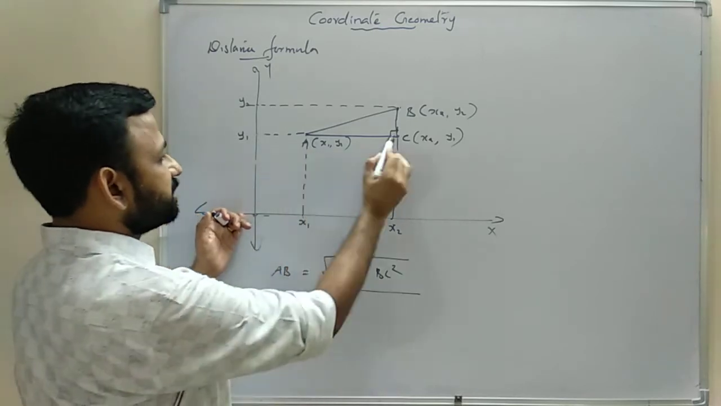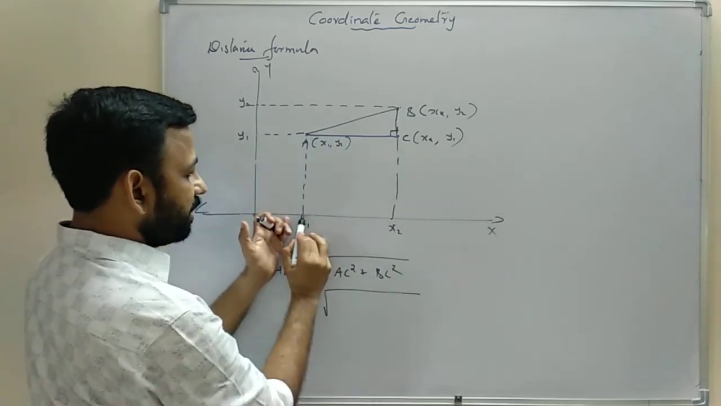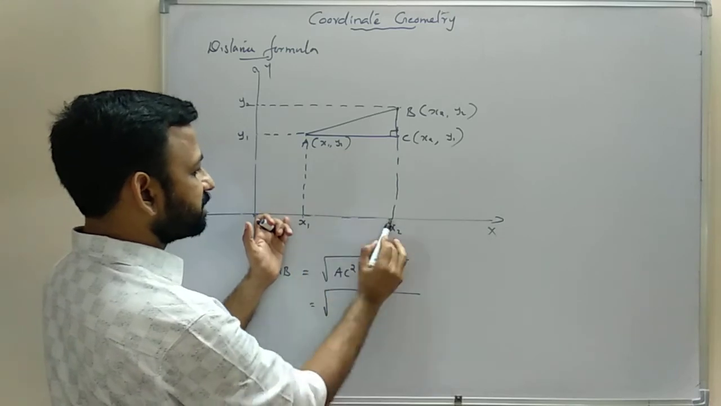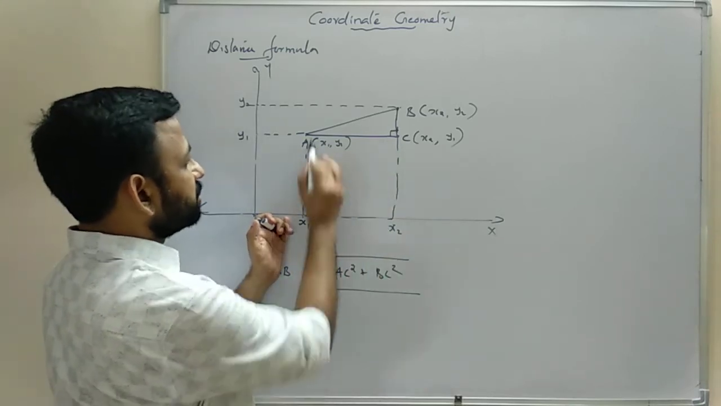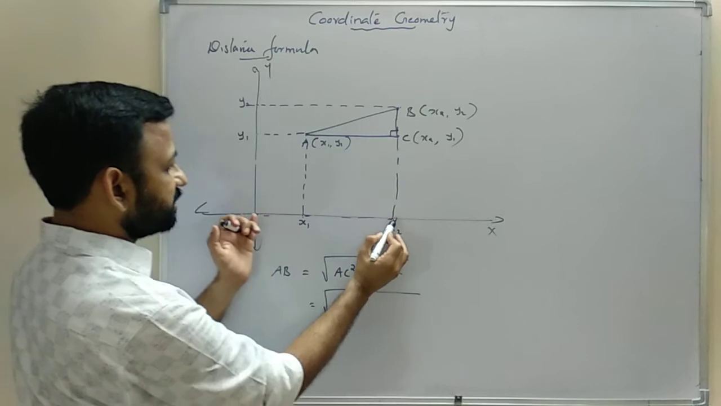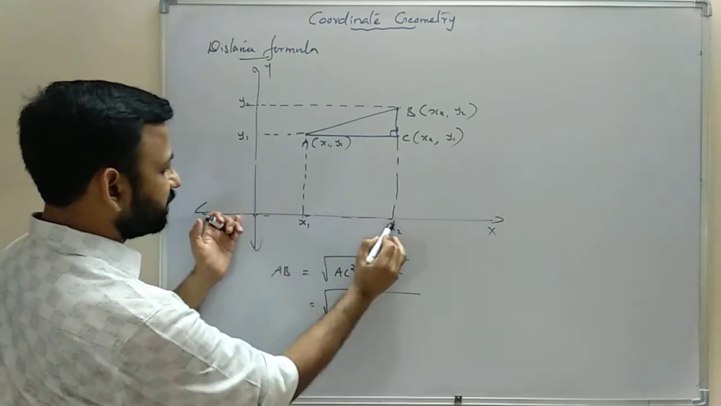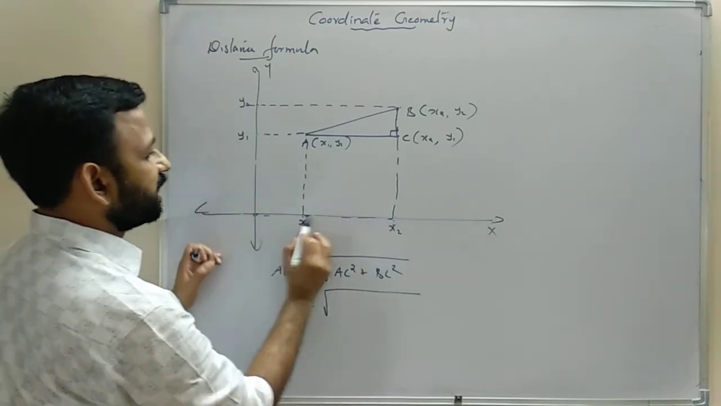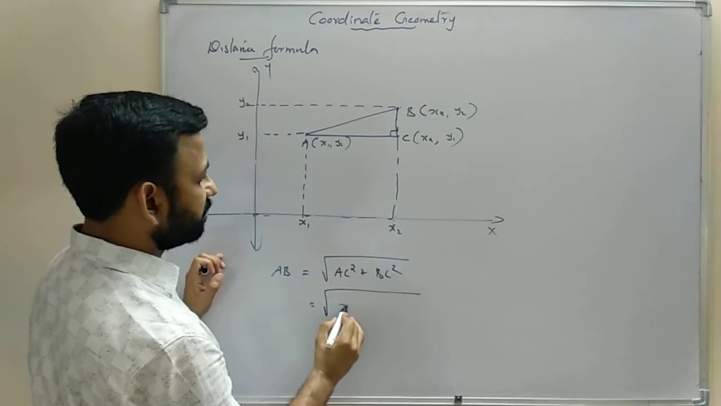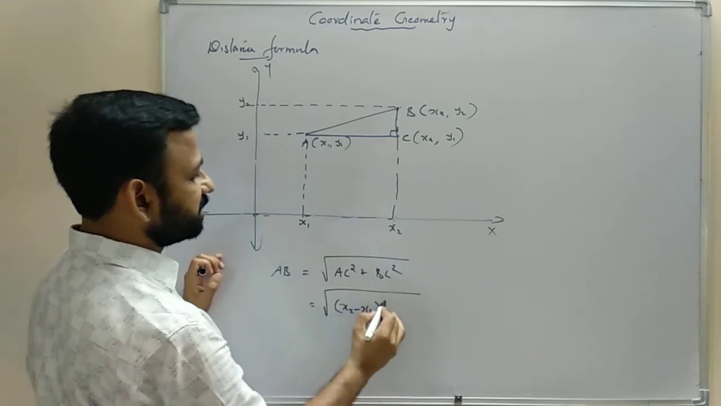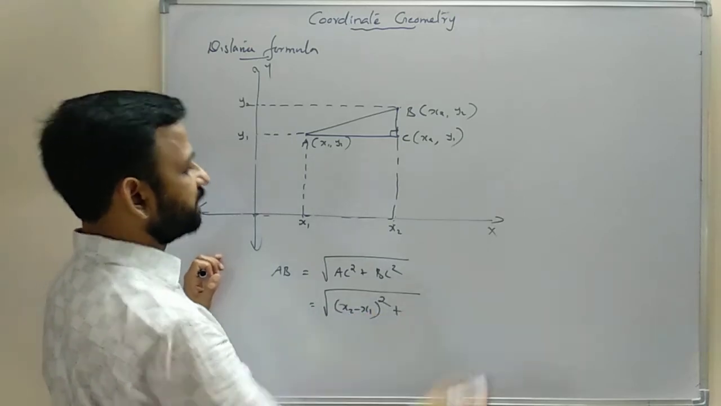So AC is equal to x2, the total distance, minus x1. So AC is equal to x2 minus x1. AC square is x2 minus x1 all square plus